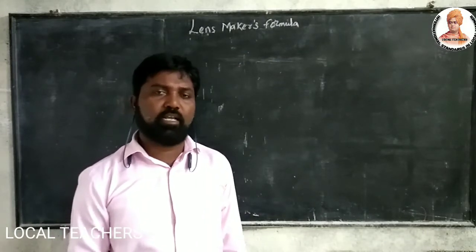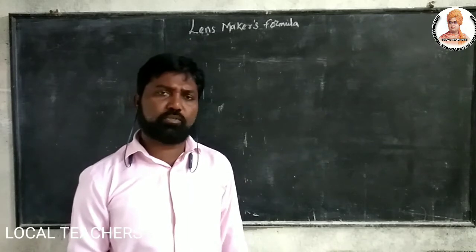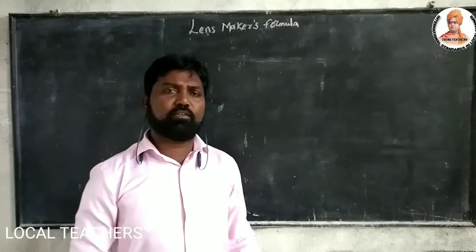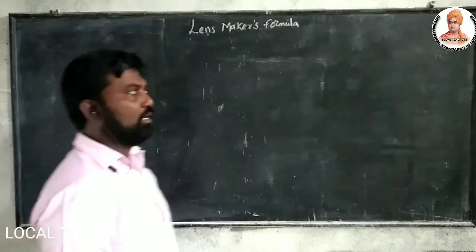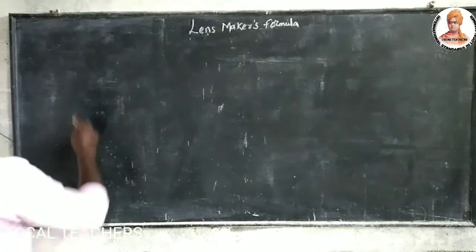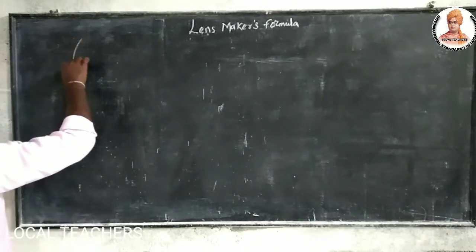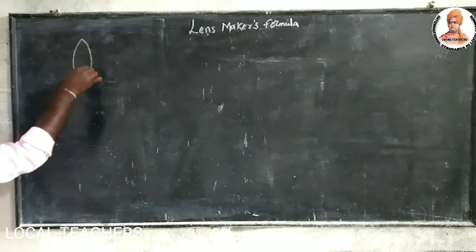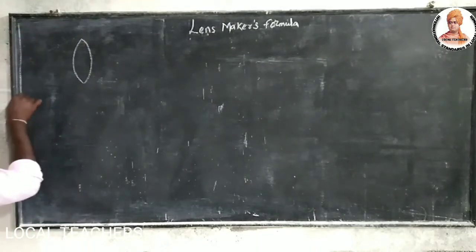Today we are going to discuss the lens maker's formula. This is used to adjust the focal length of the lens. In order to derive the mathematical expression for the lens maker's formula, here I am considering a convex lens, that is nothing but a lens whose two sides bulge outward,